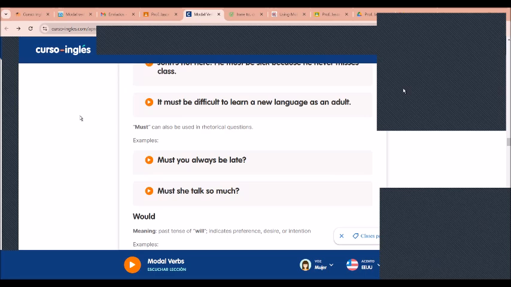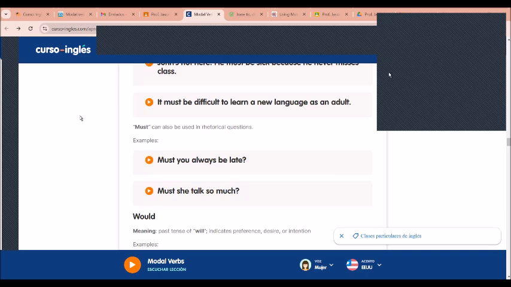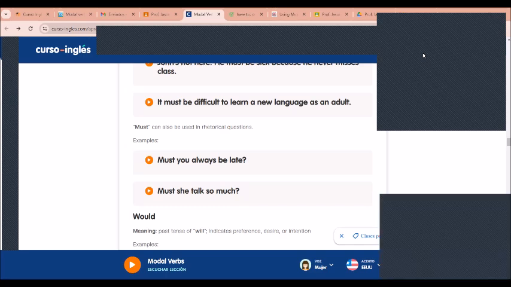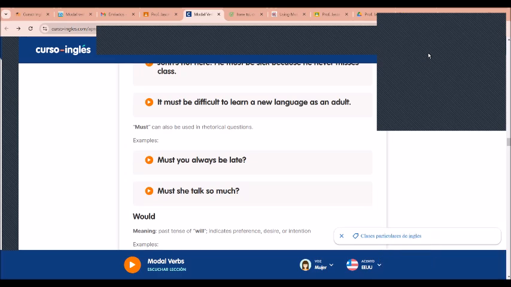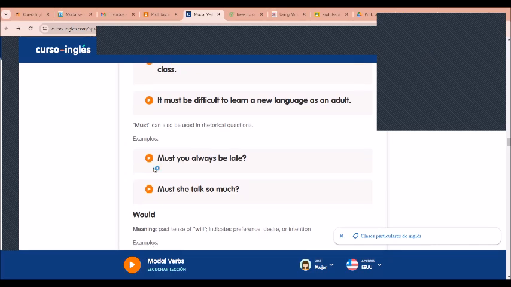Now, you might hear some jokes or expressions that don't really make any full sense. And English has what we call rhetorical and sarcastic expressions. Rhetoric is probably something you will see a little bit more. So hopefully when you see it, it doesn't confuse you. Here are some examples of rhetorical sentences. Must you always be late? There's no answer for that. Must she talk so much? You don't expect the person to answer, but you say it in a rhetorical way, even sarcastically, right?